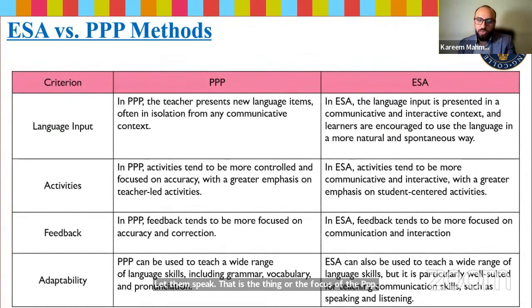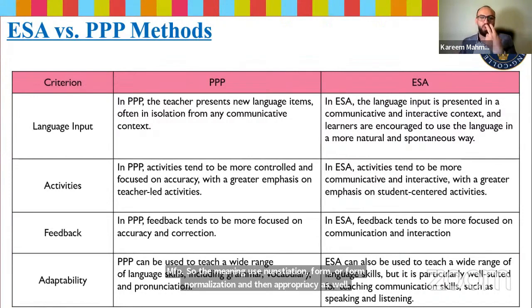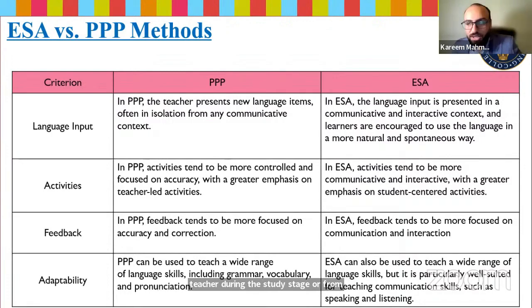Then you have the language input. Here you do the presentation, and if you're teaching systems, then you follow the MPF or MFP: meaning, use, pronunciation, form, or form, pronunciation, and then appropriacy as well. But there, the language input is two ways. Either from the teacher during the study stage or from students. Students are proven to be a great source of information. You're not the only source of information inside the class. So you can take the language that emerged, you note it down during the monitoring, and then you can also add this during the study.